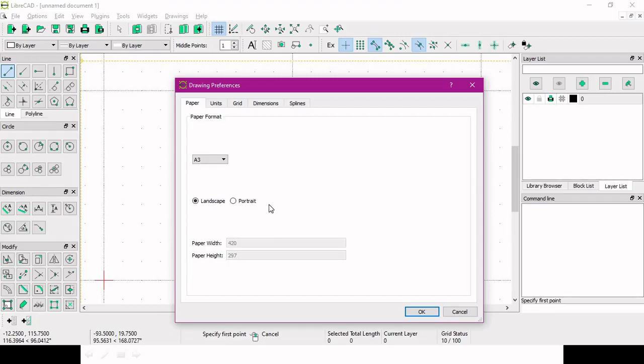Let's assume that we are putting a 5 mm border on each side of the paper. So for both sides of 5 mm, I mean, by subtracting 10 mm from width and height, the border will be of 410 mm and 287 mm.